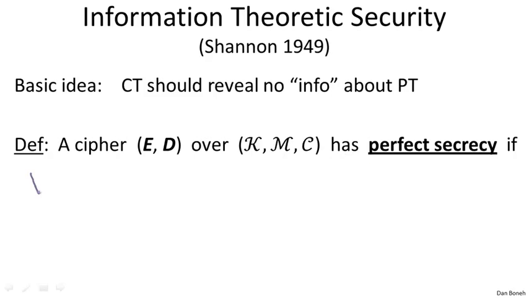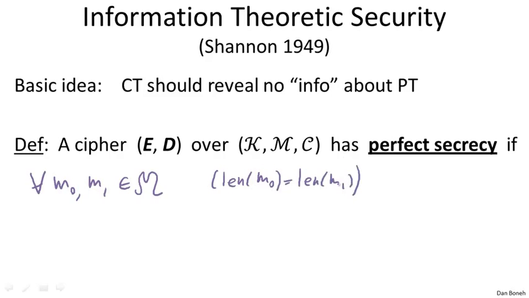It so happens that for every two messages, M0 and M1 in the message space, the only requirement I'm going to put on these messages is they have the same length. We'll see why this requirement is necessary in just a minute. And for every ciphertext in the ciphertext space, it had better be the case that if I ask, what is the probability that encrypting M0 with K